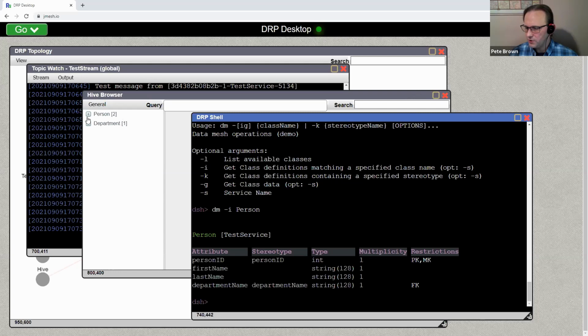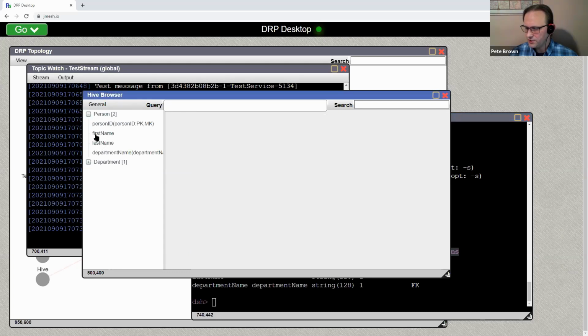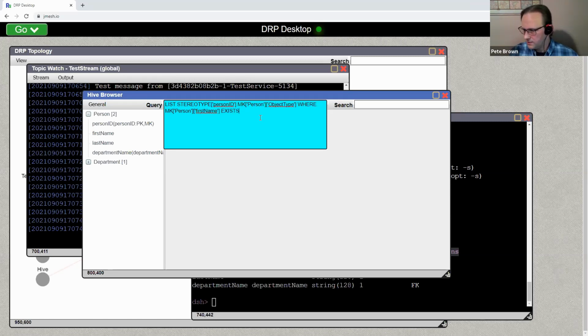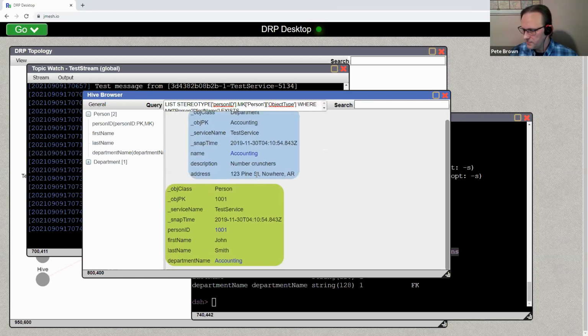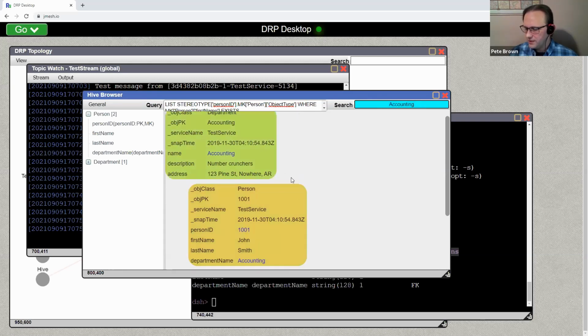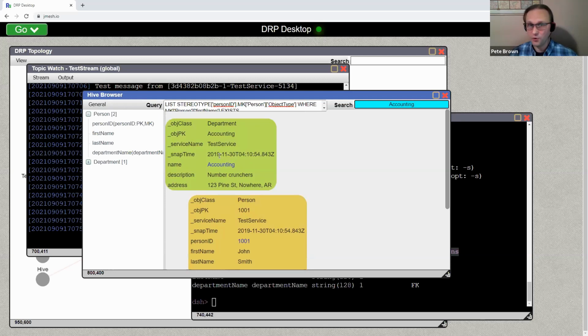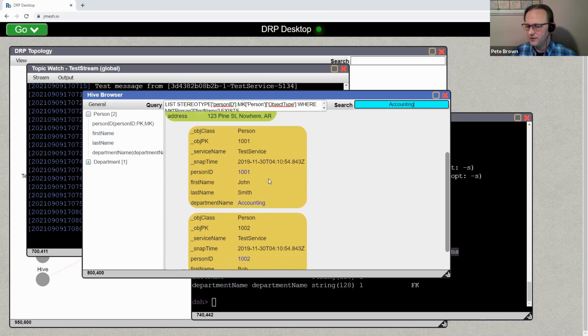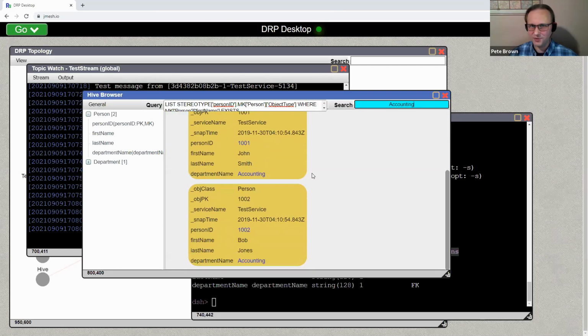So if we were to look up, let's say, first names. Okay, so department name accounting. If we were to do a search on accounting, it'll find the object that is authoritative for that value, and then the child object. The department object itself is authoritative, and then the person objects are going to be child objects to that. We did that so we could more quickly look up people and their related accounts,